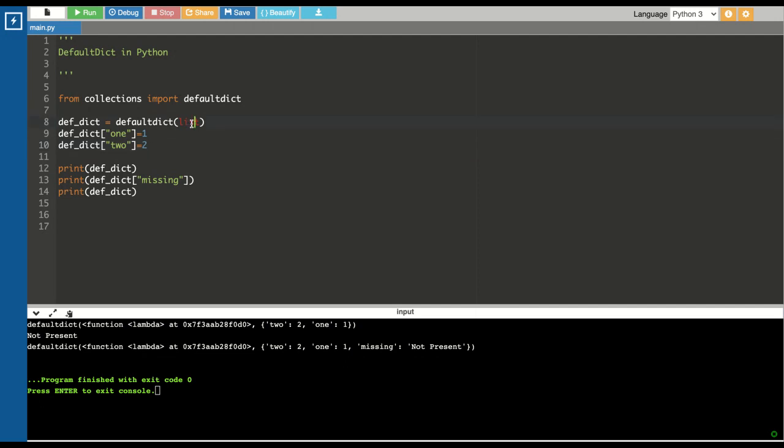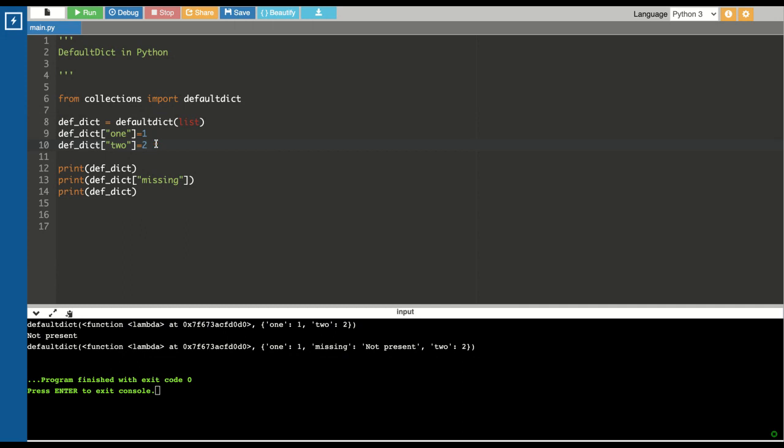Here you have control over the default value. Since we have given a list, which is the most recommended approach, you can also define your own custom value. Let's try to return 'not present' and run that. Here you can see 'not present' is added to the dictionary. So you have full control. The only thing is this argument should be callable. It should be either a type or a function. Okay, let's switch back to the list. Yes, so this clears our second point, that default dictionaries always return something.